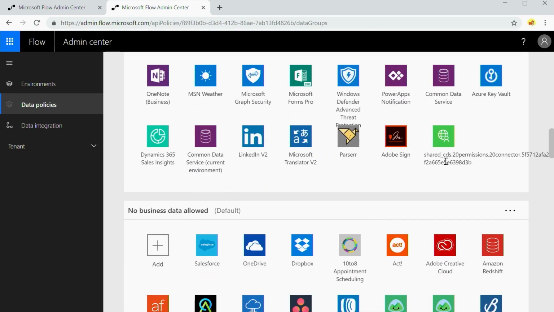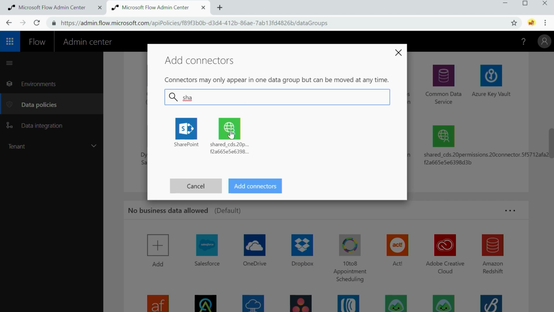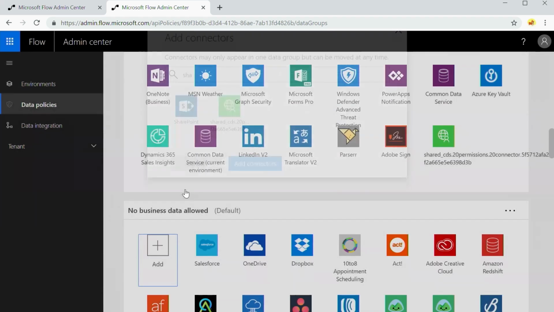But then we also have this connector here called Shared CDS. So we have a custom CDS connector that we're using for a specific use case. It'd be great if we could rename that connector, but this is essentially, when you provision it, some of the underlying details. But at least what I can now do is manage this. If I wanted to move this from the business data group, I would be able to move it if I wanted to. So that's a tip, not widely known, but something that you can actually leverage and go back to your organizations today with that.